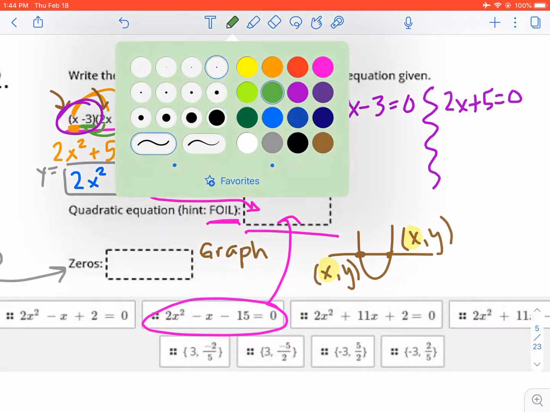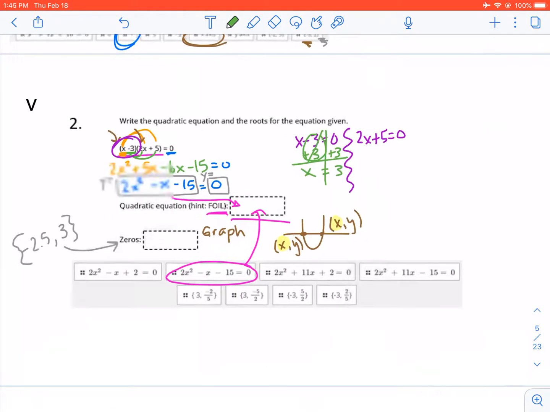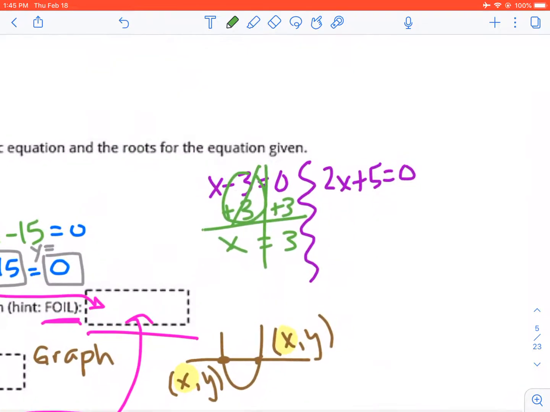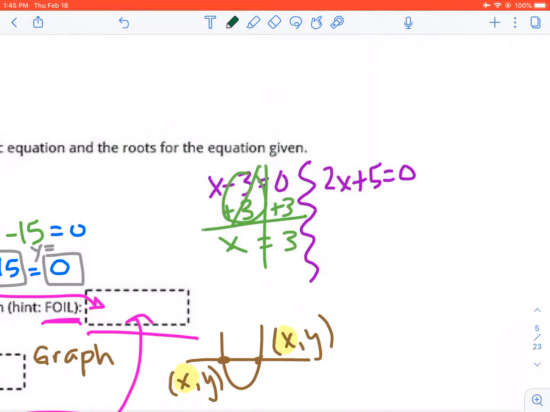So on the left, how do we get rid of minus 3? We do plus 3. This is a different method. You do not have to do both. That's how we get this plus 3 if we do it by hand. And again, you don't have to do both. If you like looking at the graph and seeing your answers, the way that I'm showing you right now by hand is not necessary. And then on this other equation, 2x plus 5, the first step is to do your